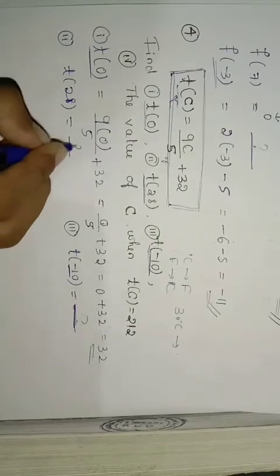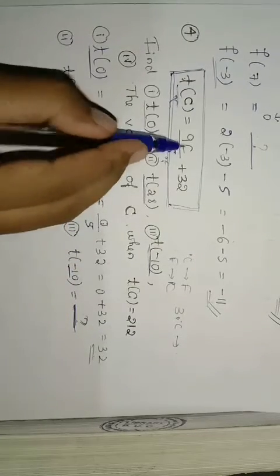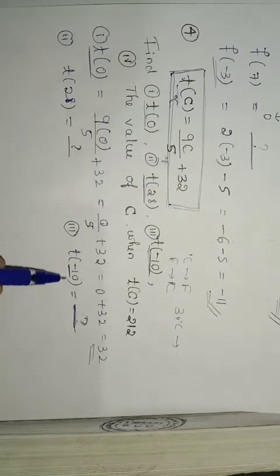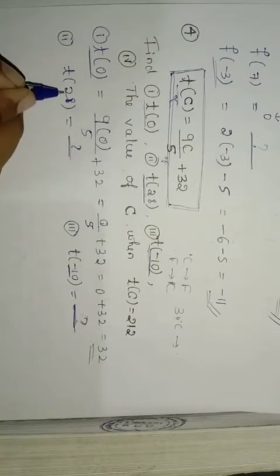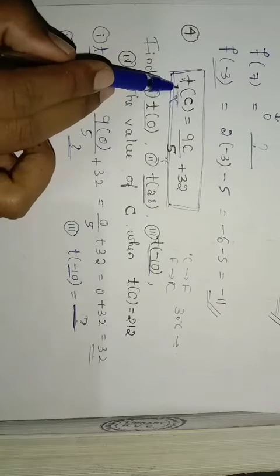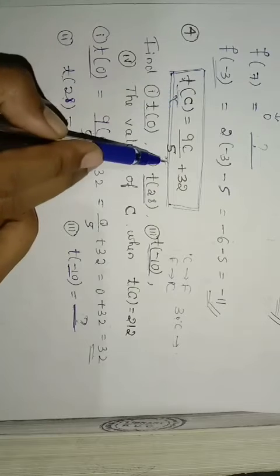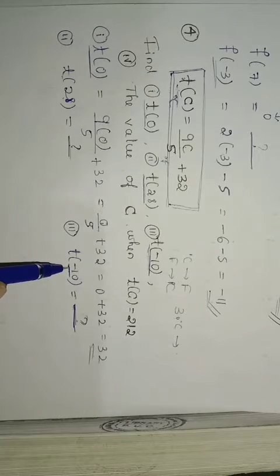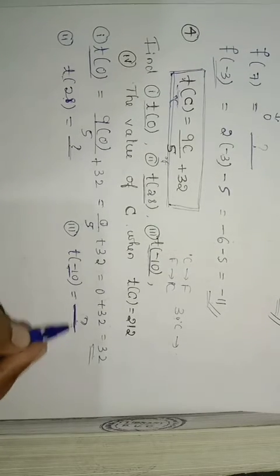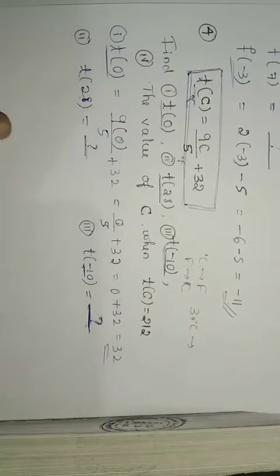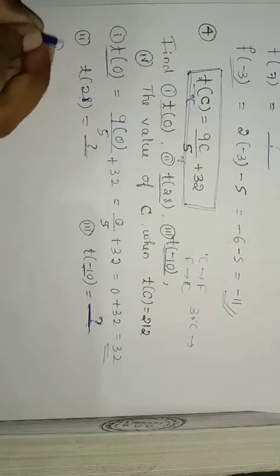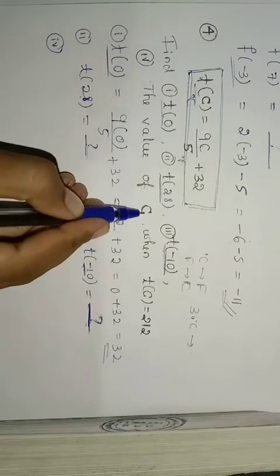So let's see what is the answer. Okay, check. Wherever c is, put 28, wherever c is, put minus 10. So what answer comes to you here, that gives the value of the t of 28 for the given function. T is mapping from degree Celsius to Fahrenheit. Okay, and the t of minus 10 value, what will be the minus 10 value? T of minus 10 value, check here. So I will solve this fourth one. So the value of c we have to find out here.